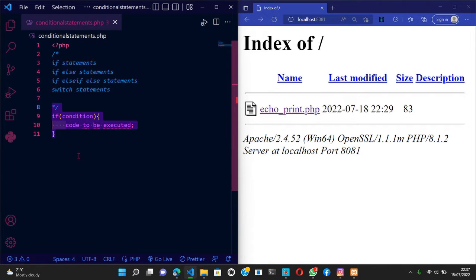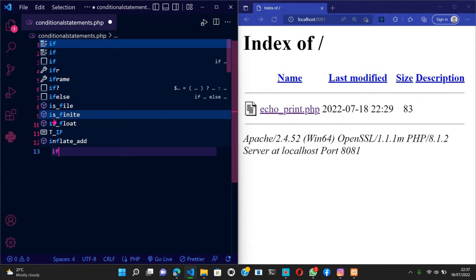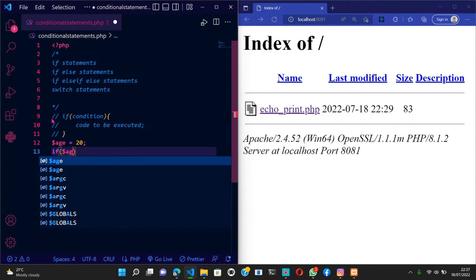So this is how it looks. If you pass in the condition, you open your curly braces, then you start writing the code that you want to be executed. So I'm going to comment this out, comment that, and then we'll look at the first example. We're going to create a variable here called age, equal to 20. So we're going to say if